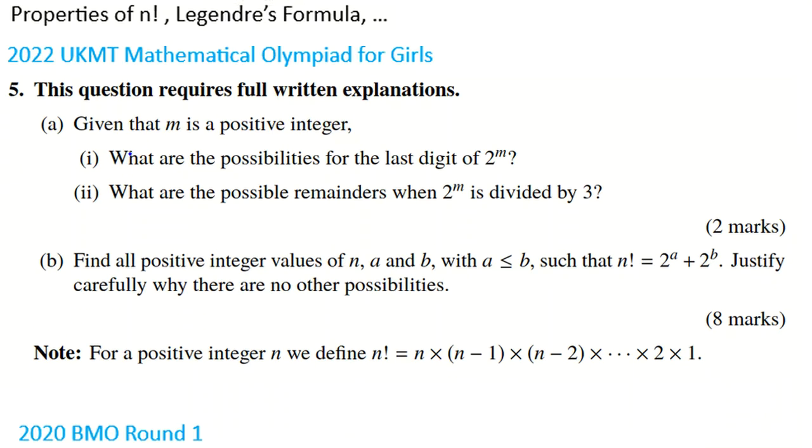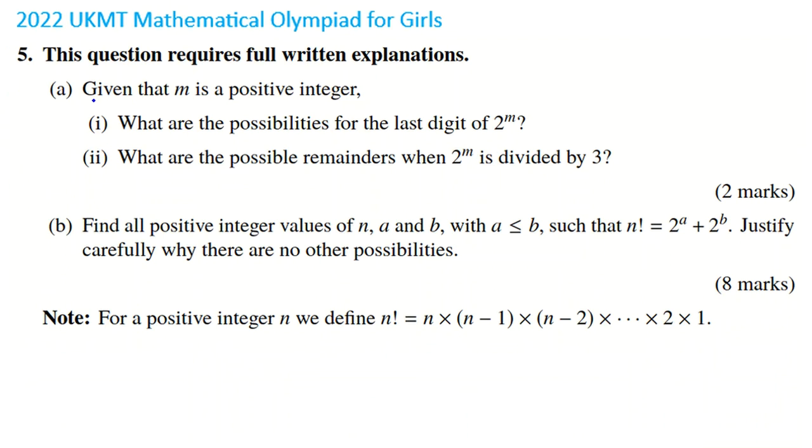Okay, so let's solve this problem in a new page. Last problem of 2022 Mathematical Olympiad for girls. It says given that m is a positive integer, what are the possibilities for the last digit of 2 to the m? So we consider 2 to the m, because m is a positive integer, the minimum m is 1, which is 2, 2 squared is 4. If you multiply by 2, it will be 8, 16. It will be 6, again 2 times 6, 12,